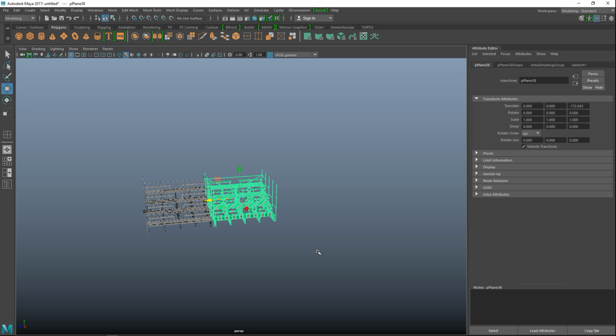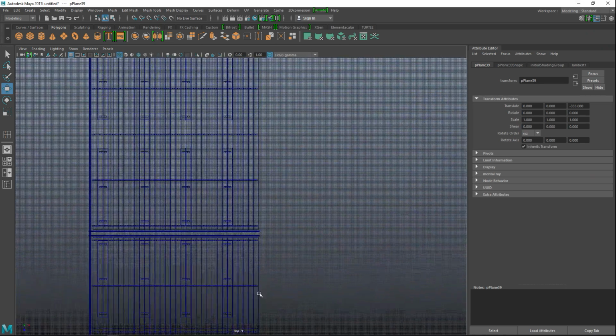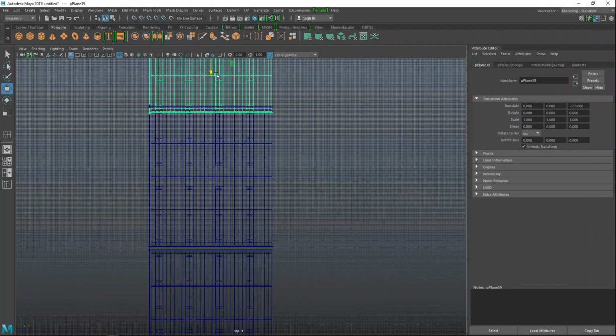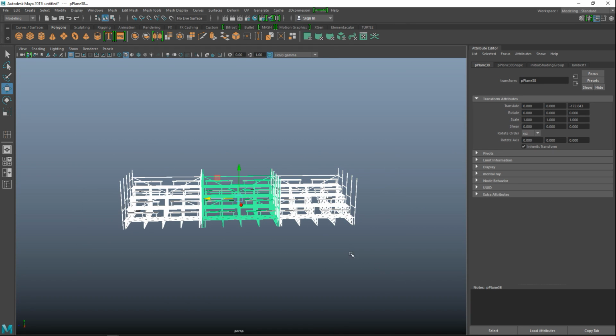Let's hit Shift D, duplicate that again, and push that out a little bit. Okay. And now we're going to drag select all of it.